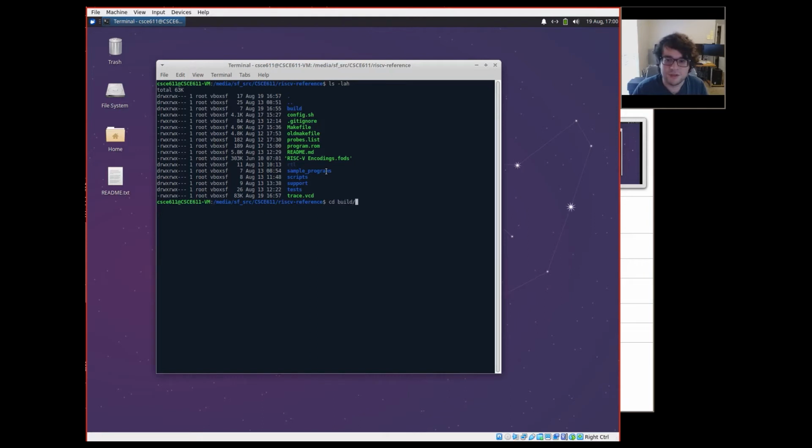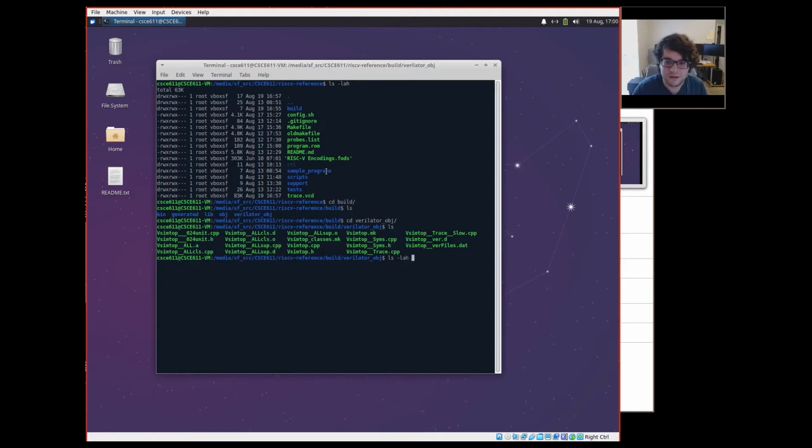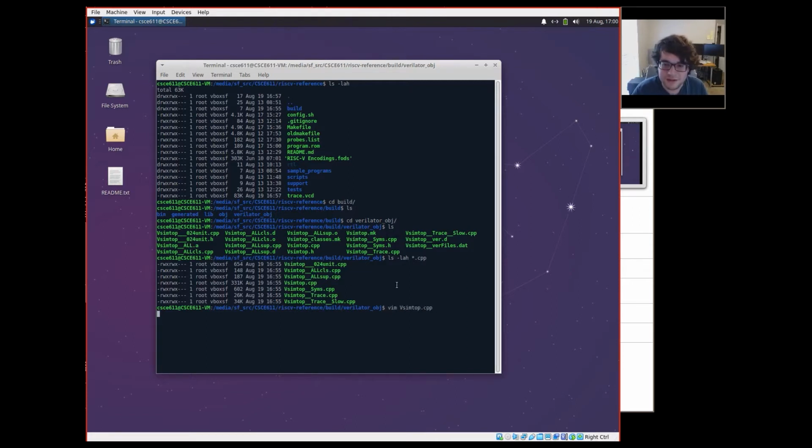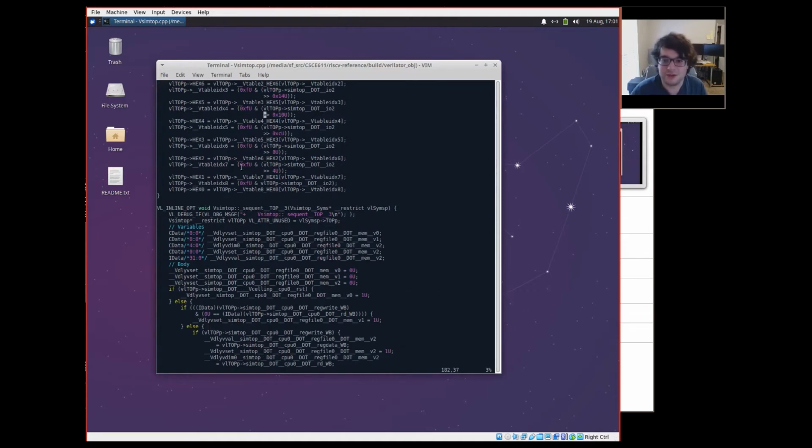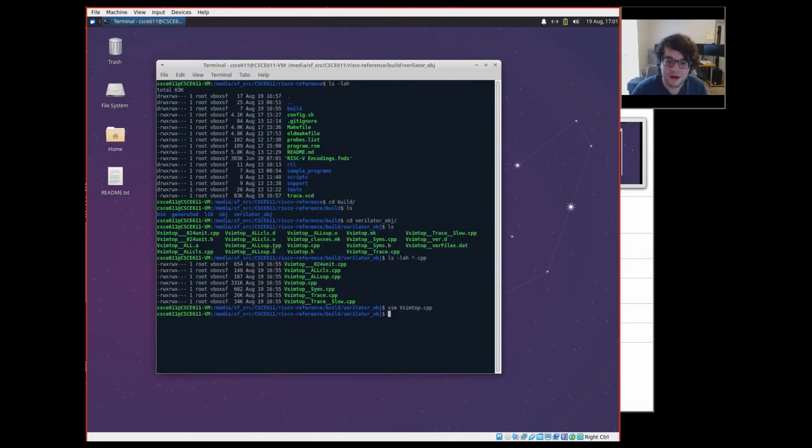If we go into this build folder, you'll see in the Verilator obj directory, it generates all these C++ files. If I look at, say, vim Vsimtop.cpp, there's all this stuff that simulates the code that I've written. The C++ code's not really human readable, so I wouldn't worry too much about trying to make sense of that. But something we will look at later on in the semester, and it's generally useful,